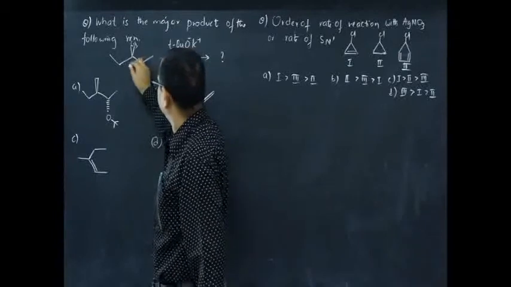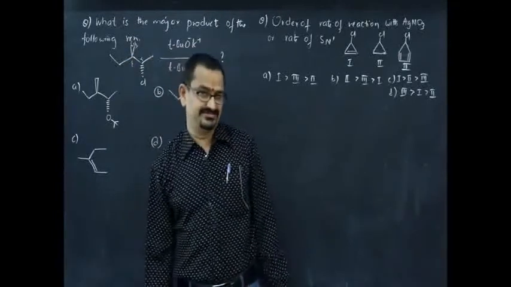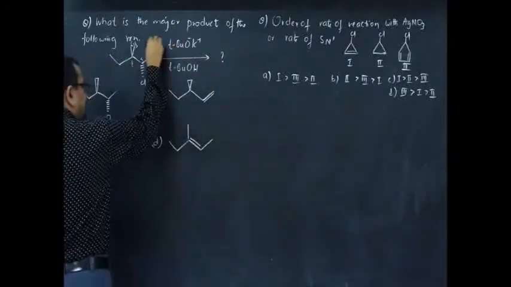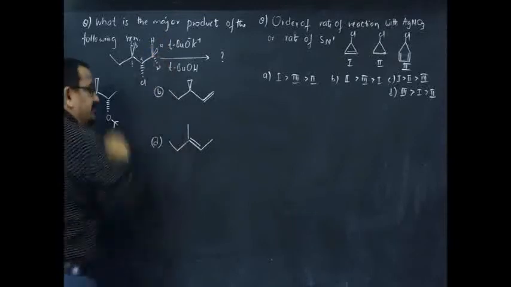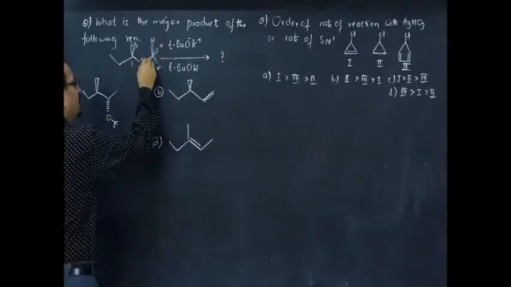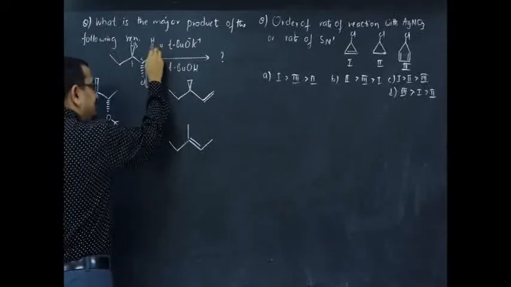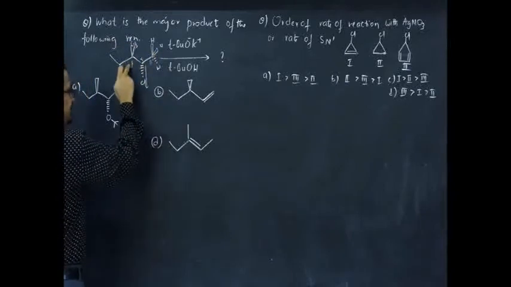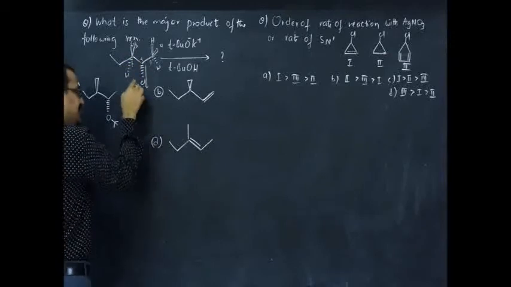This is alpha carbon, this is beta. In its opposite direction, methyl is there, not hydrogen. So, where methyl is there in the opposite direction, here we can take hydrogen, see. So, opposite to the direction of the leaving group, the beta proton is there at this carbon, not at that carbon. Suppose this is beta dash. Here also a proton is there, but the direction of the proton is the same as that